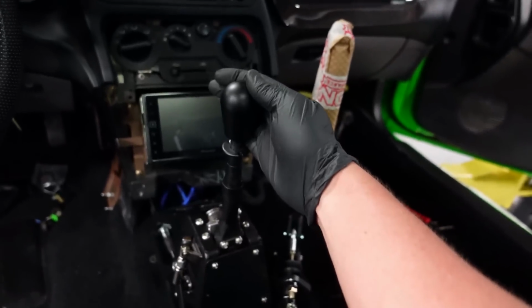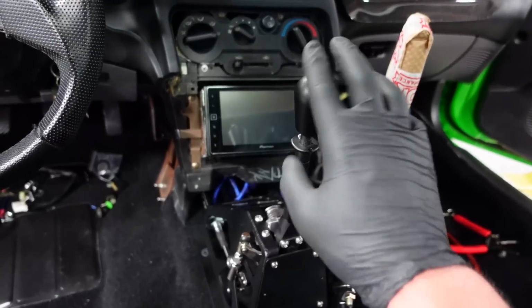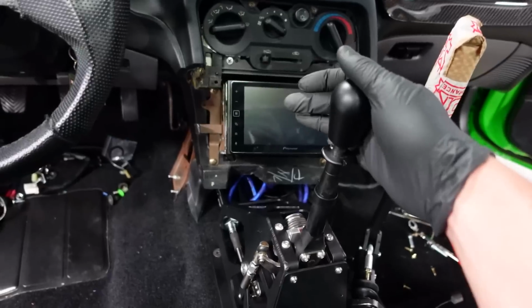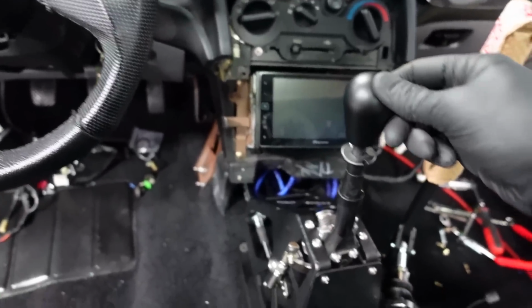We have the shifter completely installed. We have our cables adjusted properly. Sometimes with the cable shifters, they can be a little tricky to set up. You gotta get both of the neutrals for the trans and for the shifter in the same spot, otherwise it was funky. So when I initially installed it, the shifter was in neutral, but the transmission was in right like that,